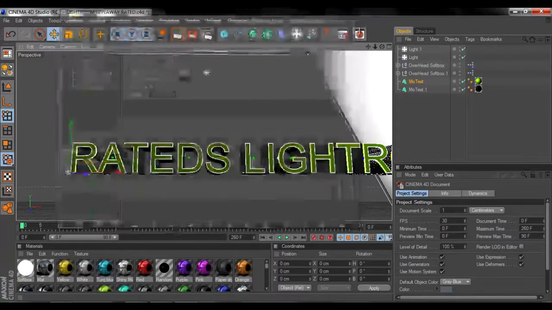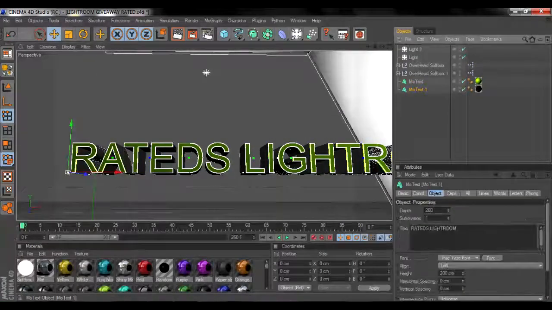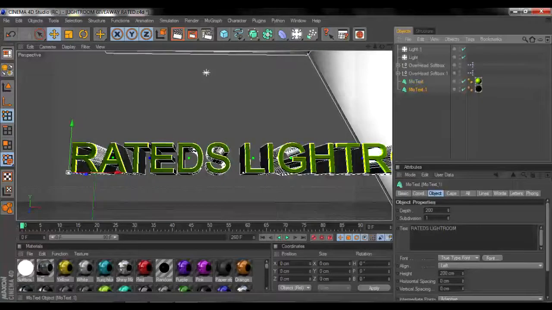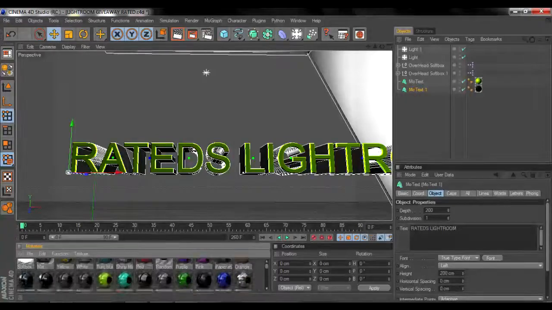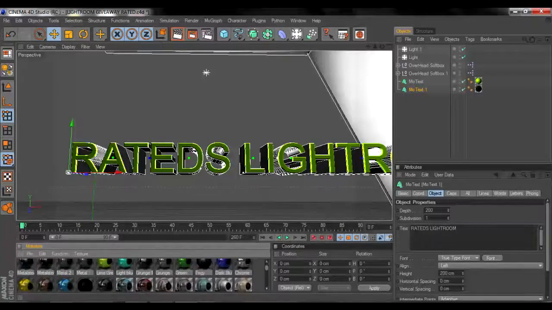Anyway, let's actually go into the text. Here it will come out of MoGraph text. One is the front text and one is the background text. One of them's black, one of them's green. Here, it will also come with this. This is awesome, honestly, guys. I cannot recommend this more. He's put together really nice, clean looking